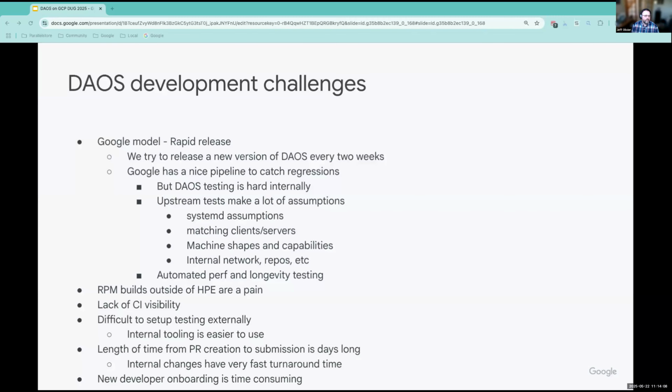So lastly, just want to touch on challenges we've had at Google over time. So Parallel Store uses a rapid release model. We try to release a new version of DAOS every 2 weeks to customers' hands. I think we're probably averaging closer to a month at this point, but that's the goal. Google has a really nice pipeline for catching regressions. Problems we have, though, are we still rely much on the upstream testing to make sure that what we're pushing is good,